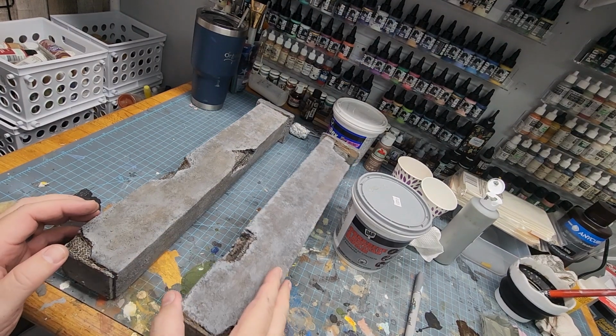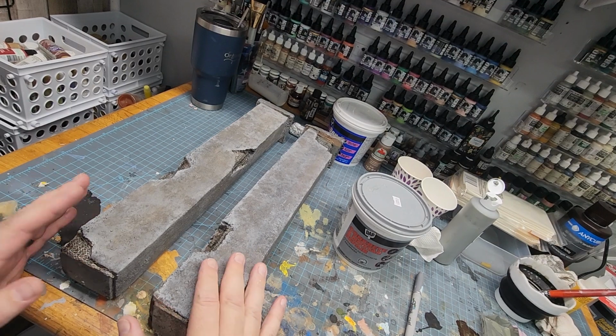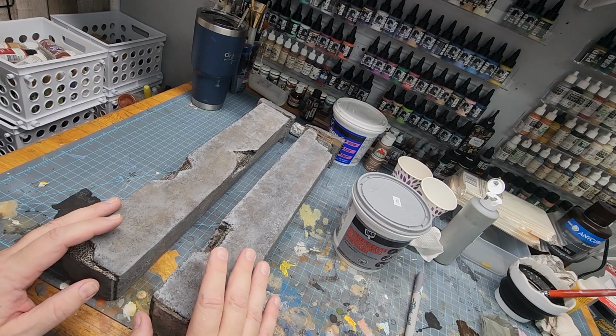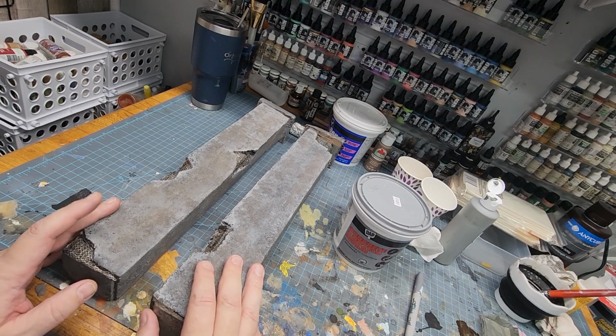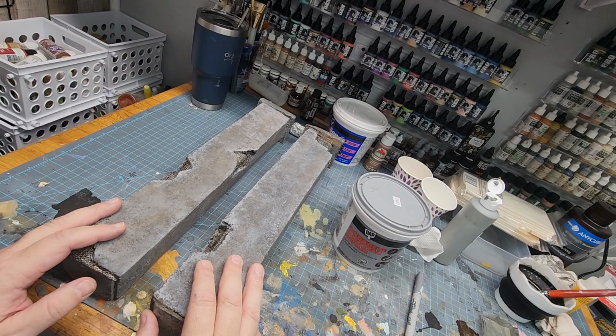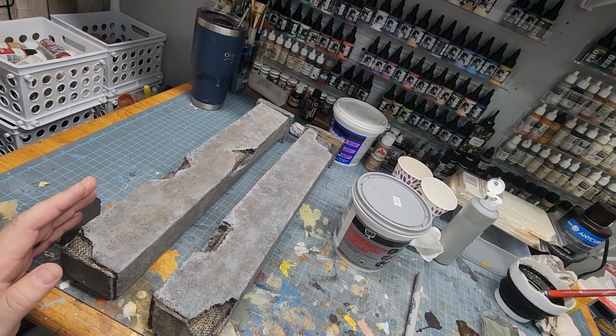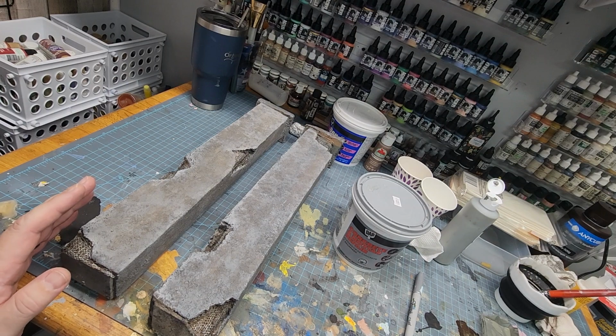I just wanted to share with you guys real quick what I'm currently working on. I'm working on a 1/6 scale diorama display. I'm going to say it's probably about 80% finished. And I just wanted to share with you these particular columns, and the other display, the wall and the floor, is a little bit too big to get into